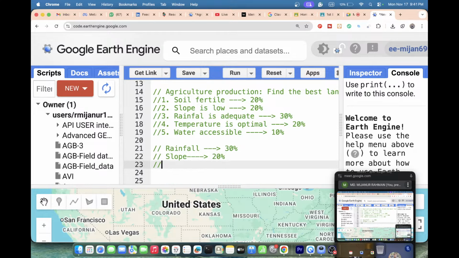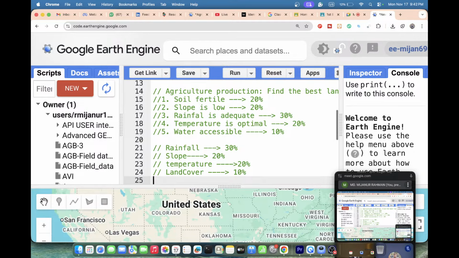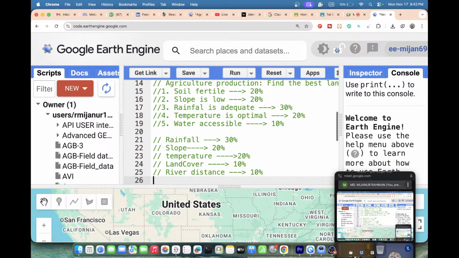Then temperature. I set the importance of the temperature, suppose 20%, same. Then I add land cover, land use land cover. I'll put the land cover, suppose 10%. Then river distance, I said the river distance is 10%. Okay, so now we find out that suppose I add another factor,